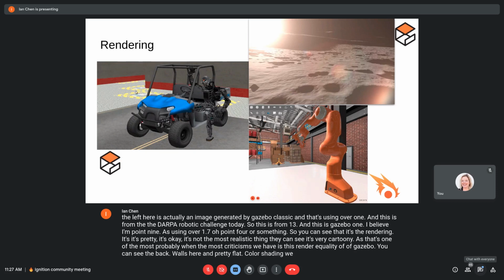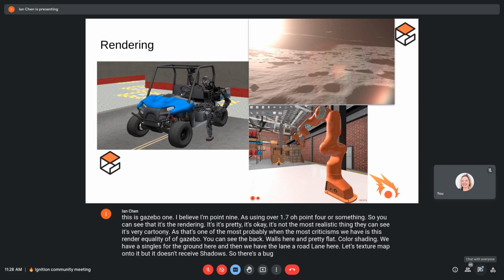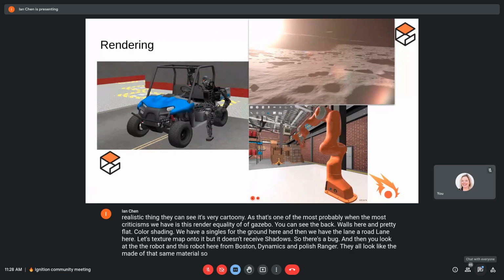The same goes for the ground here, and then we have a road lane here. It's got a texture mapped onto it, but it doesn't receive shadows, so there's a bug. And then if you look at the Atlas robot here from Boston Dynamics and the Polaris Ranger, they all look like they're made out of the same material. So there's no difference in the shading method.